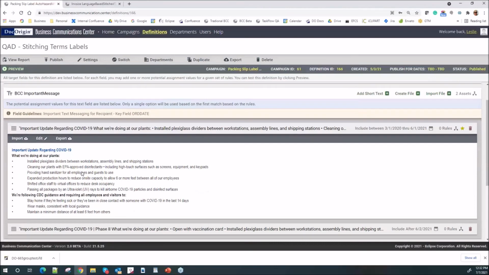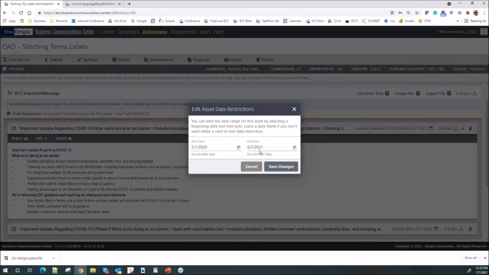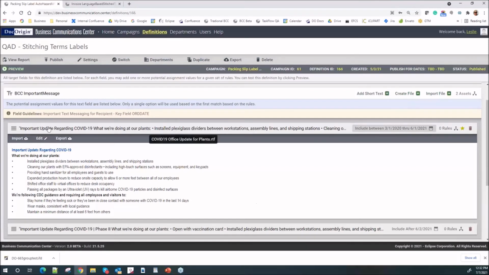So here's the text messaging sample for COVID messaging, and then I can build a date around that to say that it's expiring as of June 21. And then it can stop being prompted.